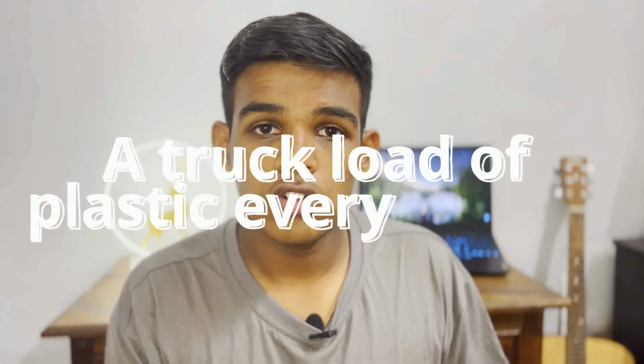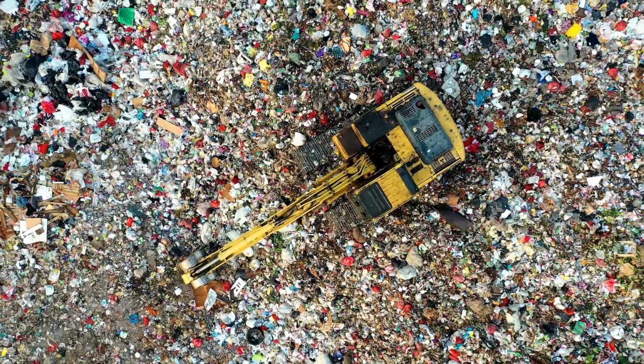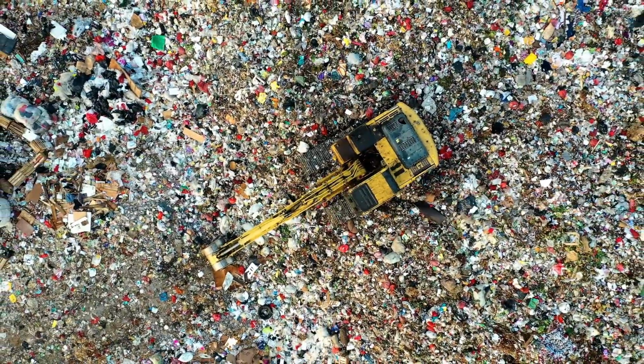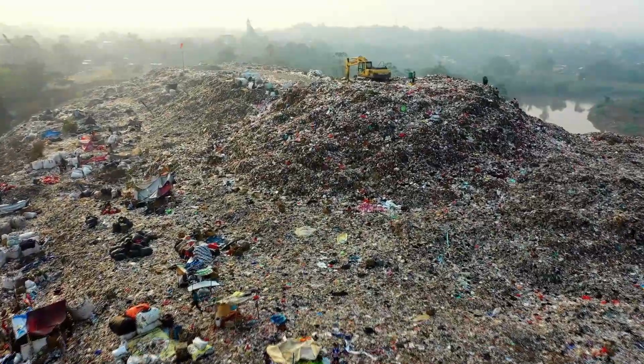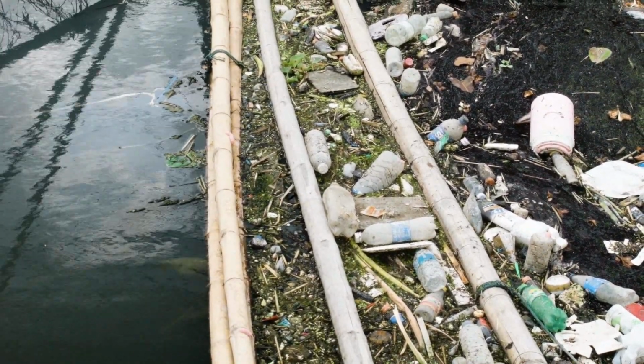Each year, an estimated 8 million metric tons of plastic enters our oceans, which is equivalent to a truckload of plastic every single minute. Plastic waste exports often end up in Southeast Asia, where the management is usually insufficient or non-existent. Due to that fact, most of the plastic waste cannot actually be recycled, and it will often get dumped or burnt at deposits instead. From there, it finds its way into the rivers and then into the oceans, and once in the water, the plastic waste breaks down into microplastics, and this microplastic spreads throughout the oceans where it is ingested by